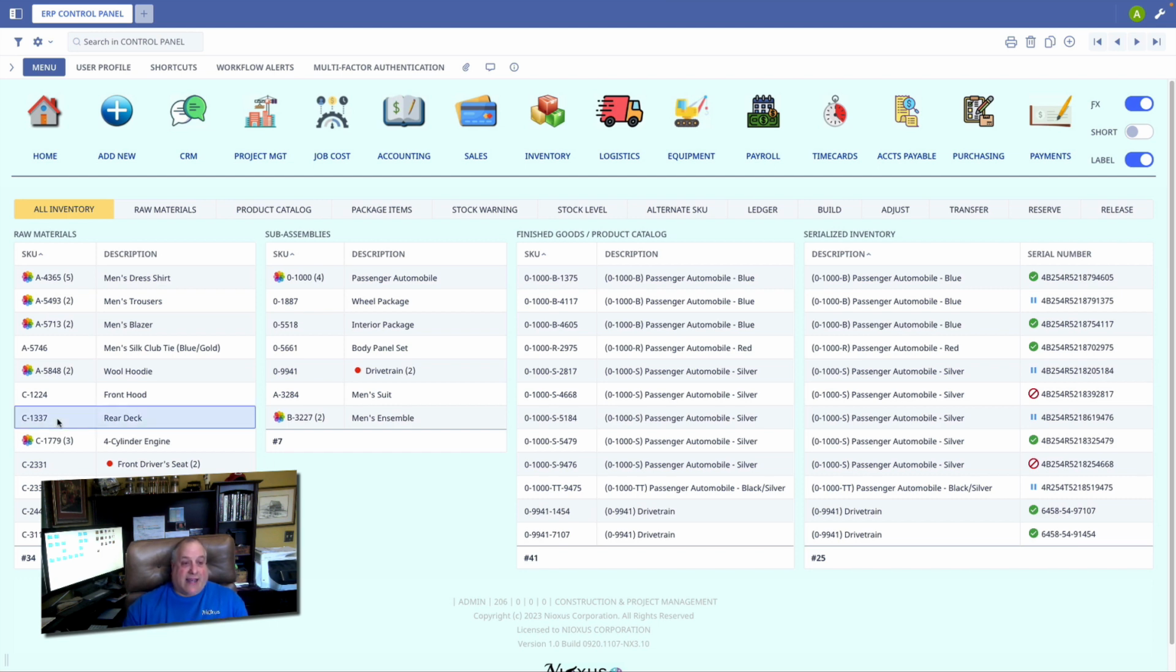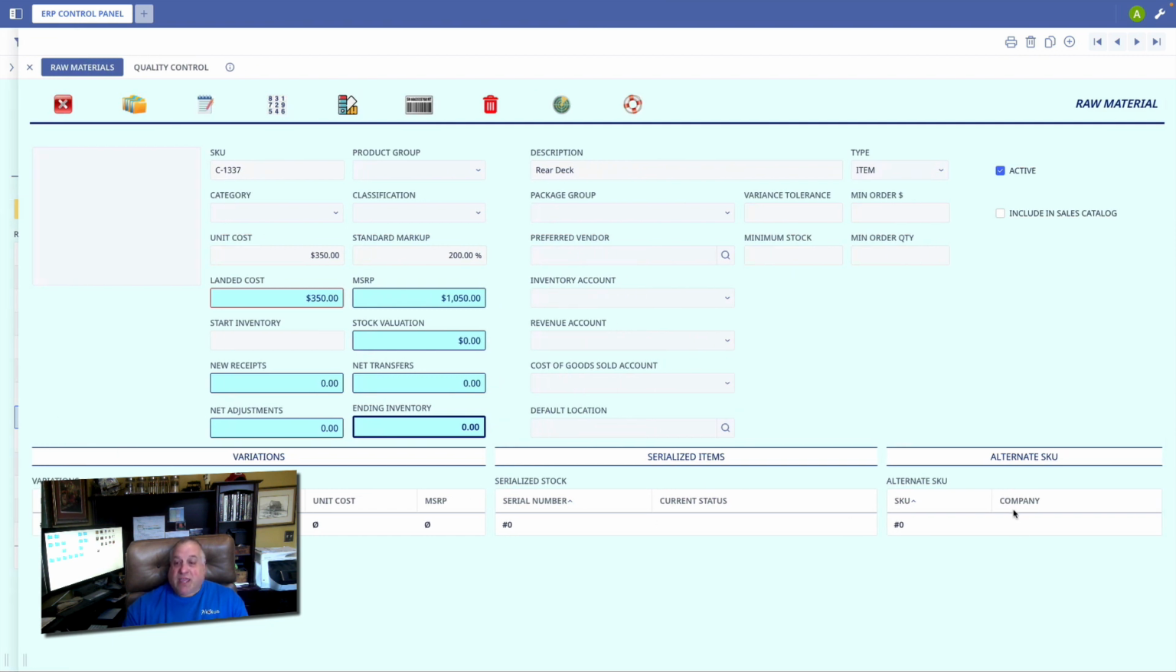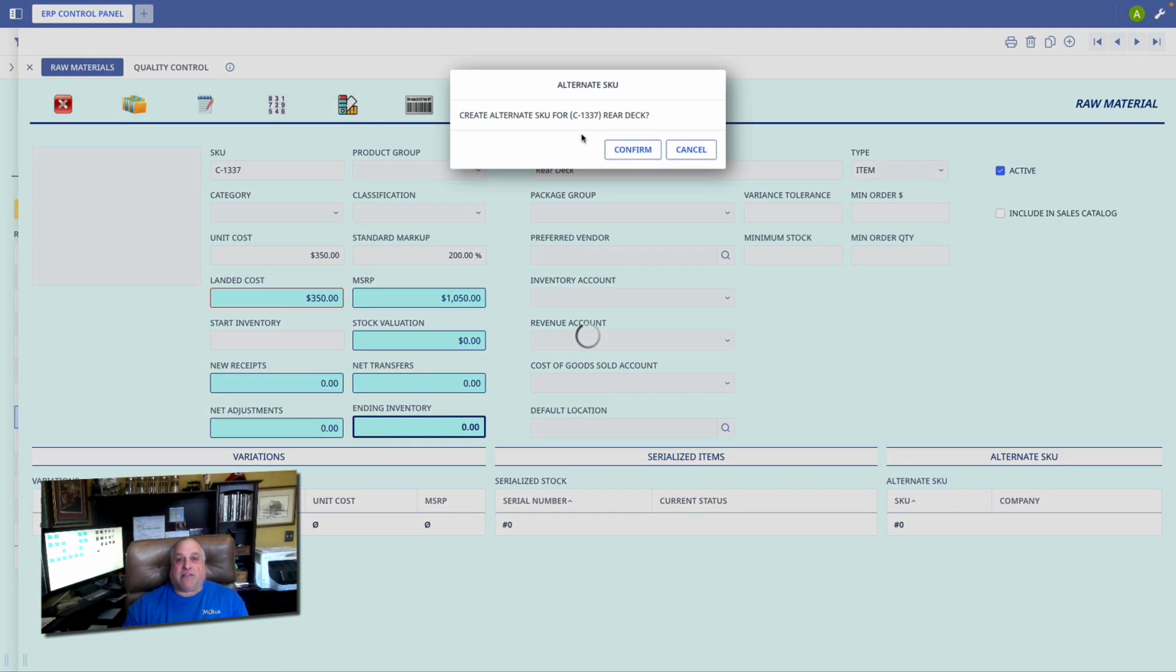Let's go ahead and look at a particular raw material. Here in the bottom right-hand corner, we see an alternate SKU list. This allows us to define alternate ID numbers for different companies within our ecosystem. I'll click on the alternate SKU icon, and this will give me the option to create a different ID number for this product that we have coded as a